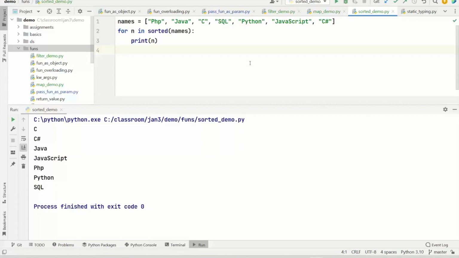Sorted is sorting the given collection based on the default comparison. The default comparison between these two is based on the characters. So it compares P with the J and they are not same, and it will then stop and it will say P is bigger than J, so P comes after J. That's the natural comparison. But I don't want to compare these names